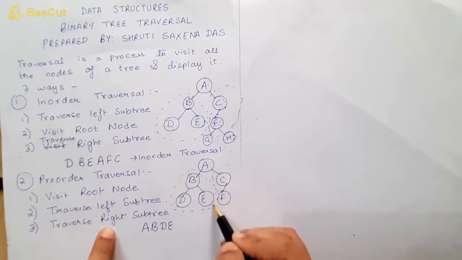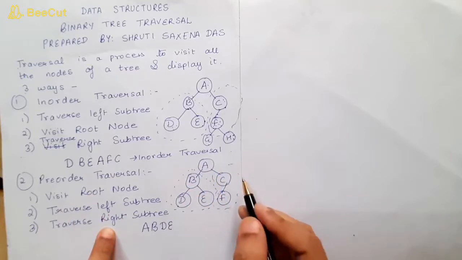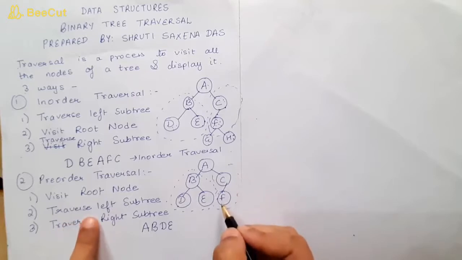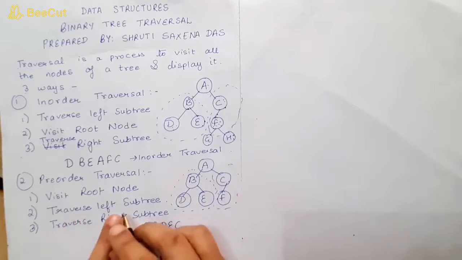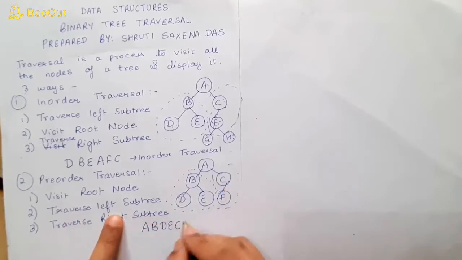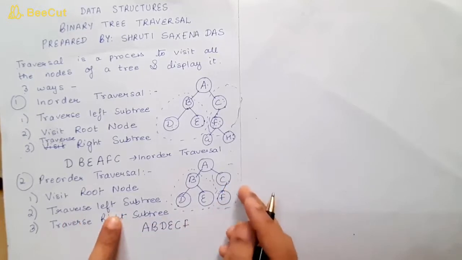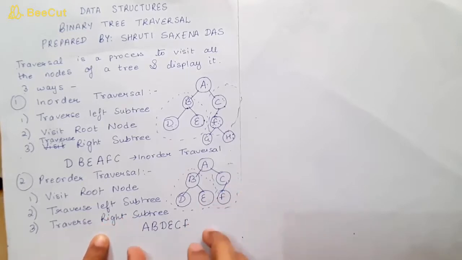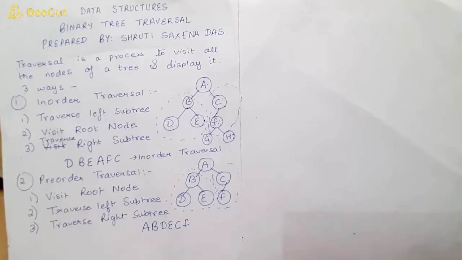In the right subtree we are having C and F. Again we have to apply pre-order. In pre-order, root means C will be traversed and then left will be traversed. Left of C is F. Right we don't have anything, so this process will stop. So recursively you have to perform these steps. First of all root, then you will move on to the left subtree. In left subtree again you will apply pre-order, root, left, right.